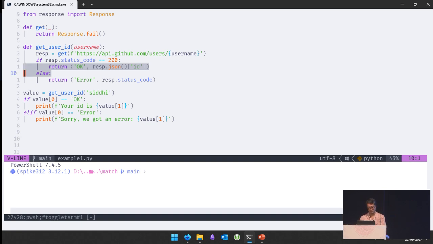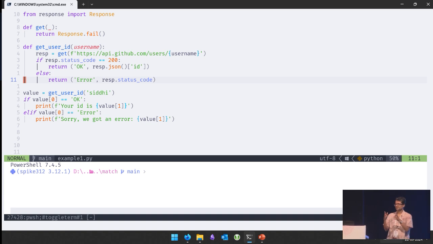But if there's an error, it returns error and the status code. So we have a tuple. The first element of the tuple will be error or not error, and the second element depends on what it is. If it's no error, it will have some value. If it is an error, it will have some status code, error message, whatever.